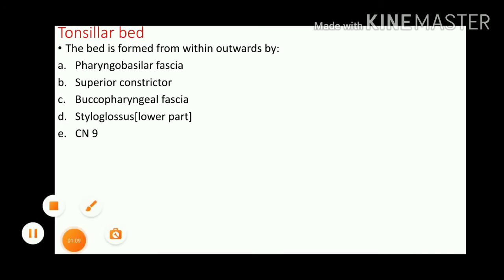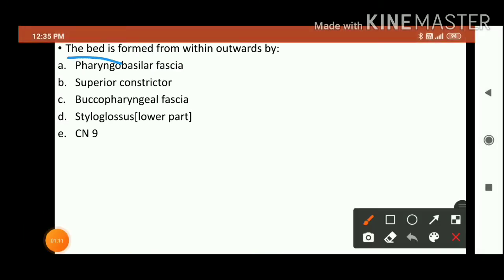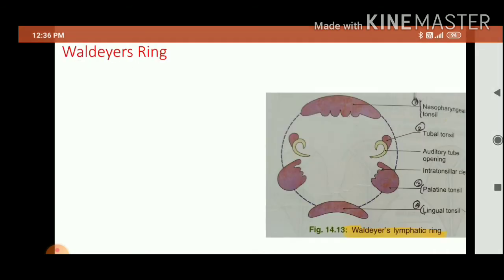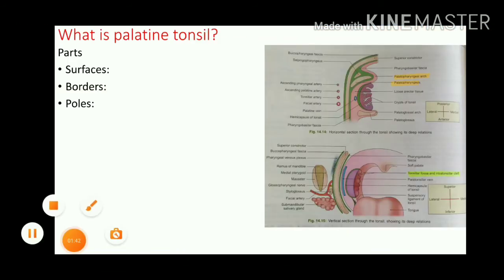Now this bed is formed from within outwards by pharyngobasilar fascia, superior constrictor, buccopharyngeal fascia, styloglossus, and cranial nerve 9, that is the glossopharyngeal nerve. Now how can we visualize this? If you take into account the lateral relations, the structures related to the lateral surface of the palatine tonsil, and if you go from within outwards, then you can see that in this diagram